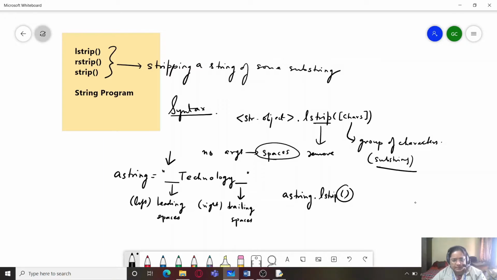It would be like this. You can see that the spaces from the left side of the string have been removed, and spaces are still there in the trailing portion, towards the right side.